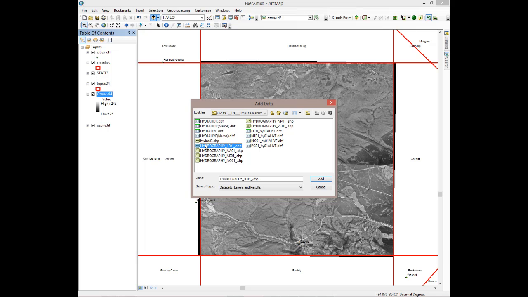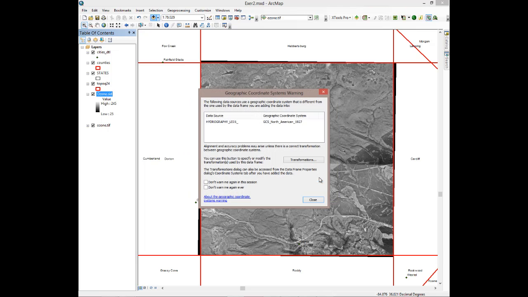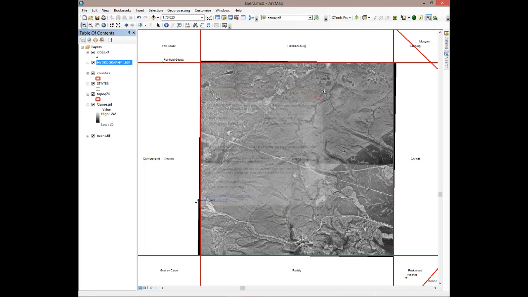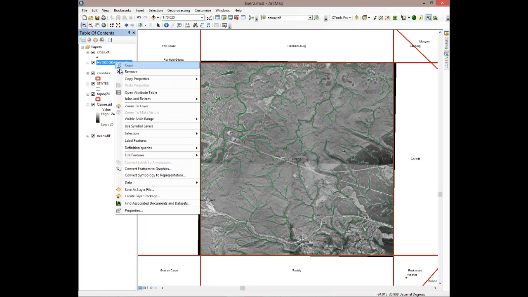For our case, we'll just take the LEO1, add that in, and it's warning us here that it's 1927. So did anybody catch what I did? I went and tried to load the original, not the one we reprojected. So let's do the X here, and it may actually try to load it. Yeah, I was going to say it might load it, and it's the hydrography. I'm sorry, not the hypsography. It is the stream data. Now it loaded it, and it actually looks pretty good, but I loaded the wrong one, right? So I'm going to remove that,